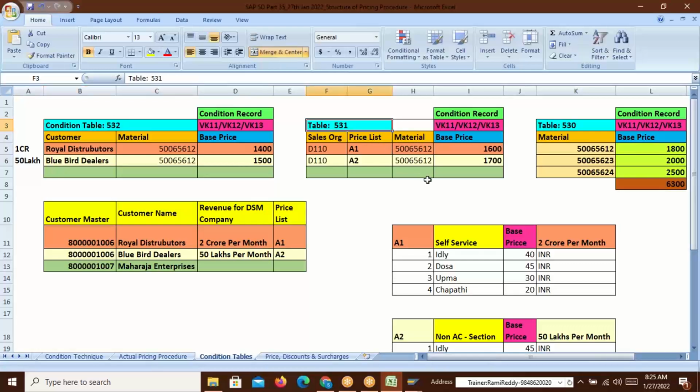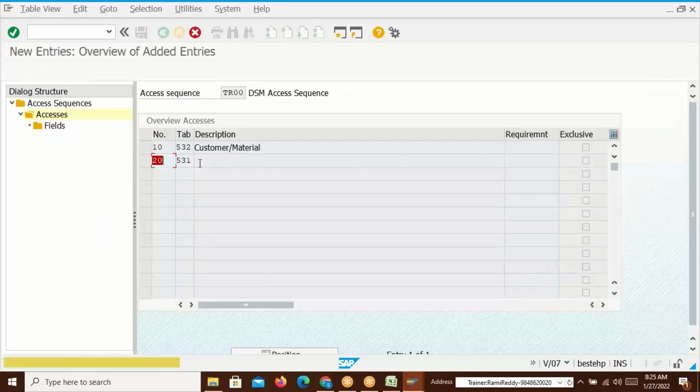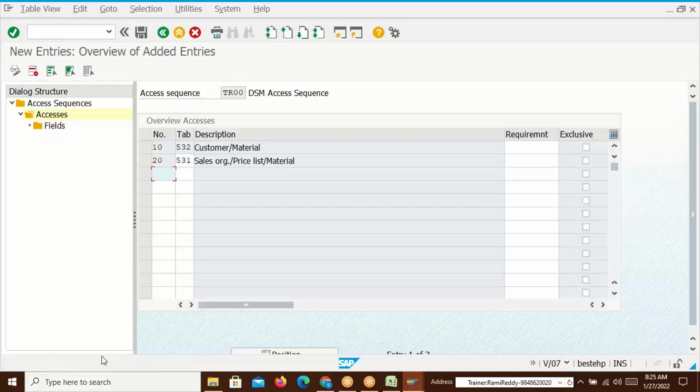Now see here, 531 is the table. Now go here, enter 531 table number. If you enter, system will take care of identifying that. You get a warning message, again click on enter to ignore the warning message. Once it is shown, see sales organization price list material, you must select this entry